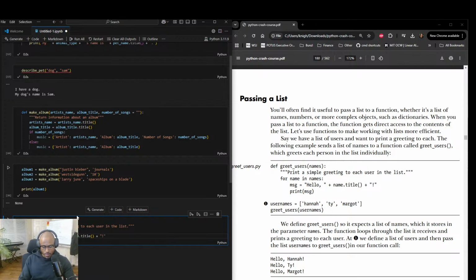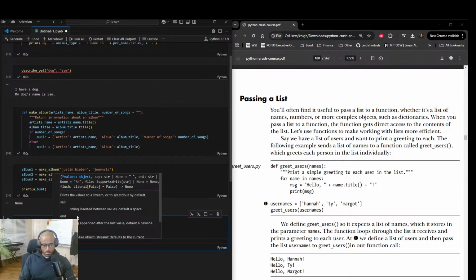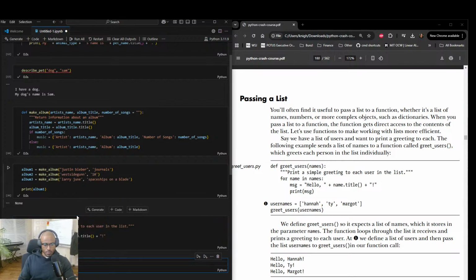Why is it doing that? So, for name in names, message equals hello, name, but it's going to loop through however many names they pass through it, so we can pass like a dictionary to it. Yeah. Okay.